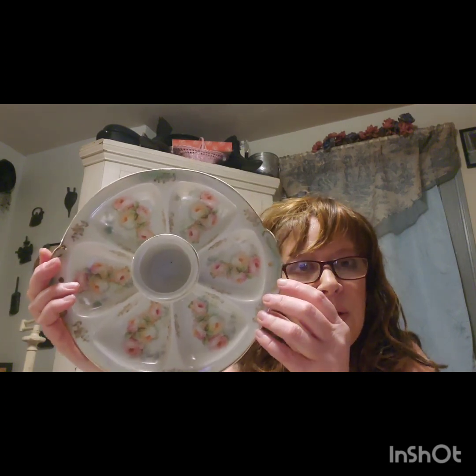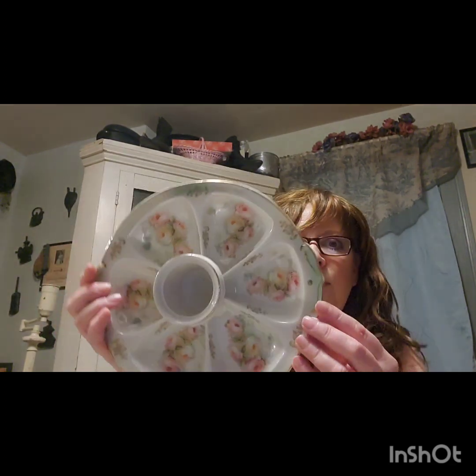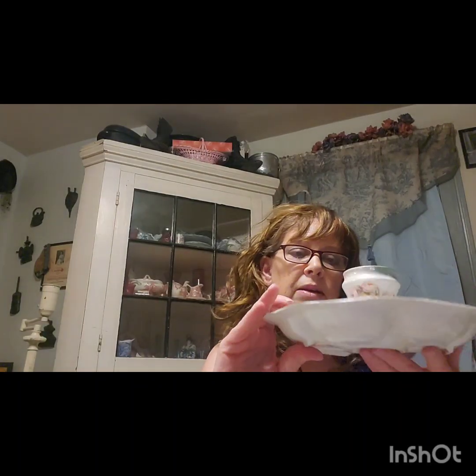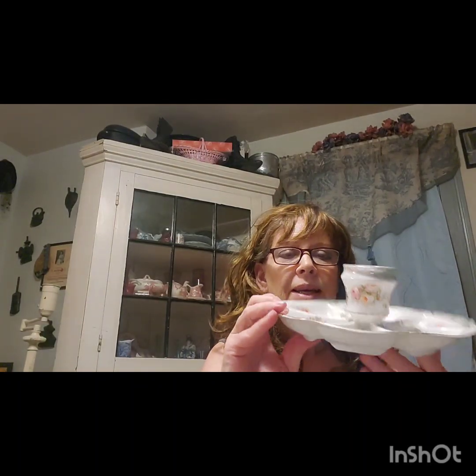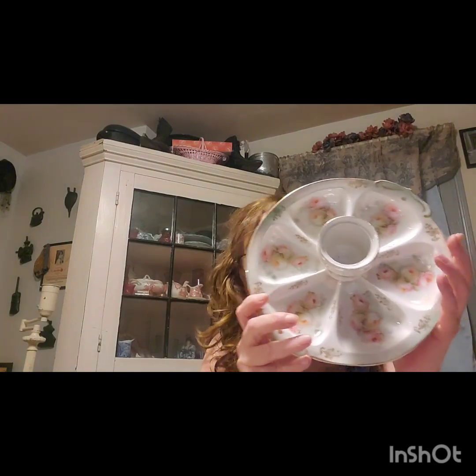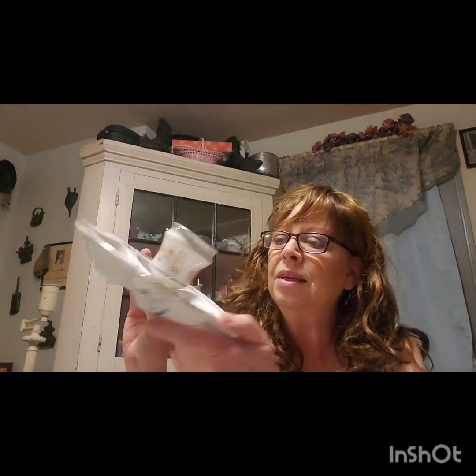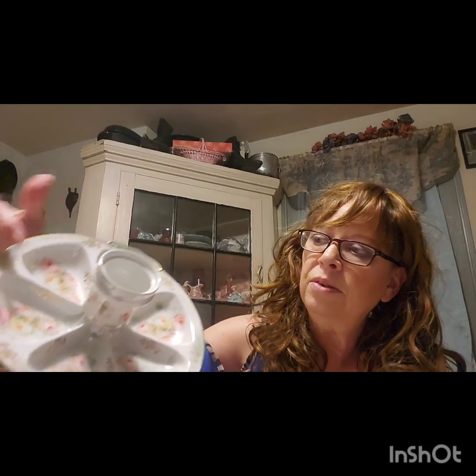Well, once I got home and I unwrapped it, the more that I looked at it, the more I thought, is this an oyster plate? And I think it might be an oyster plate. Now, there are 6 places for the oyster. And then this in the center, you could have either used for your sauce or to put lemon wedges in